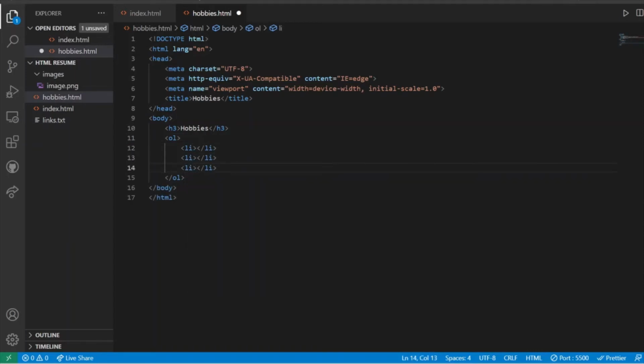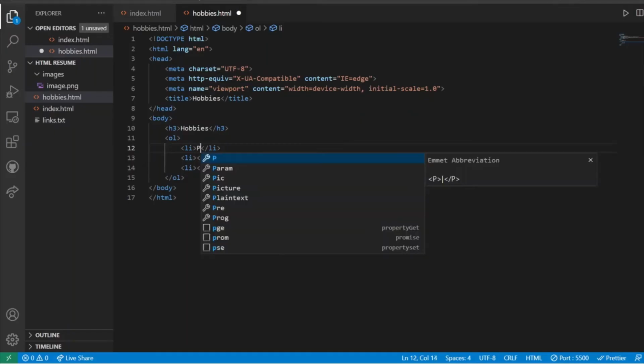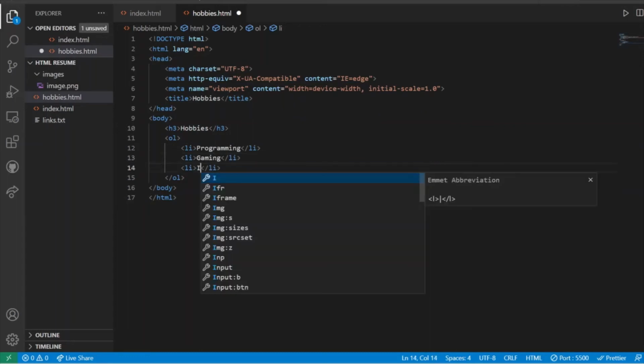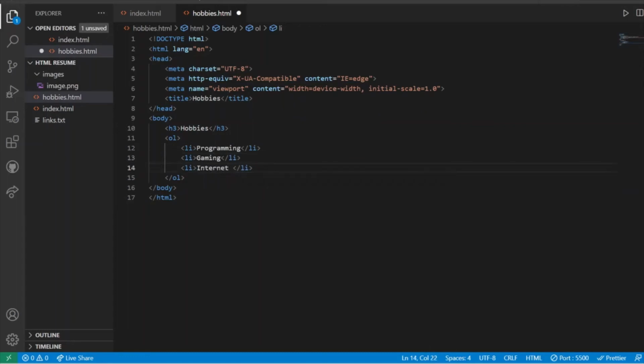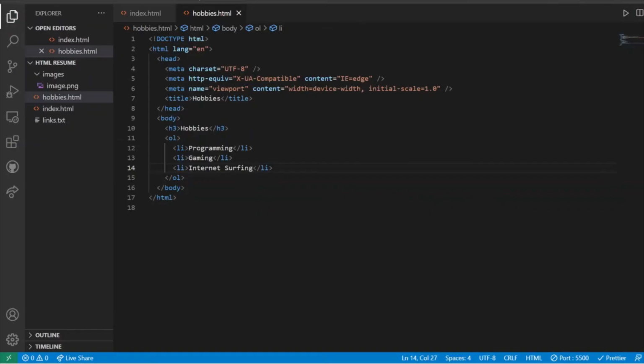And I am going to name the hobbies, which are programming, gaming and internet surfing. Once this is done, I am going to hit save, and I am going to visit my site once again.